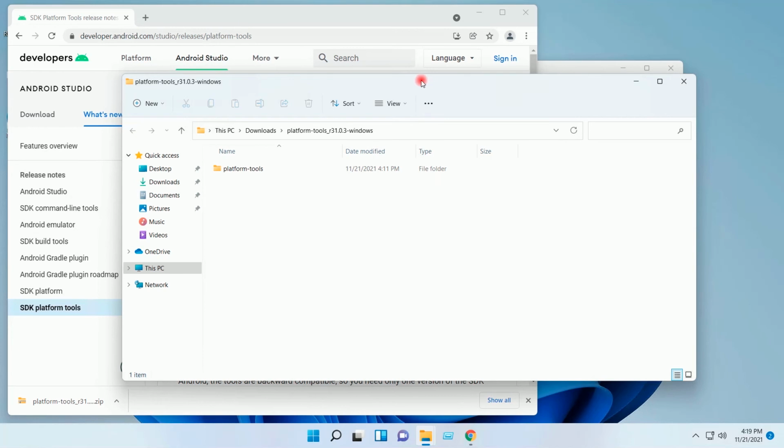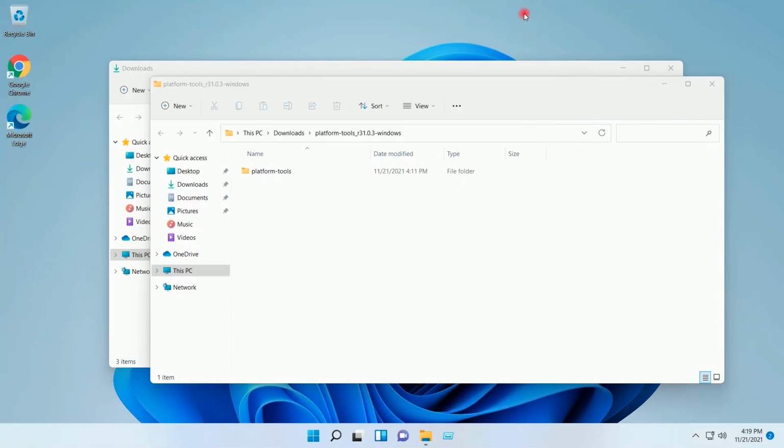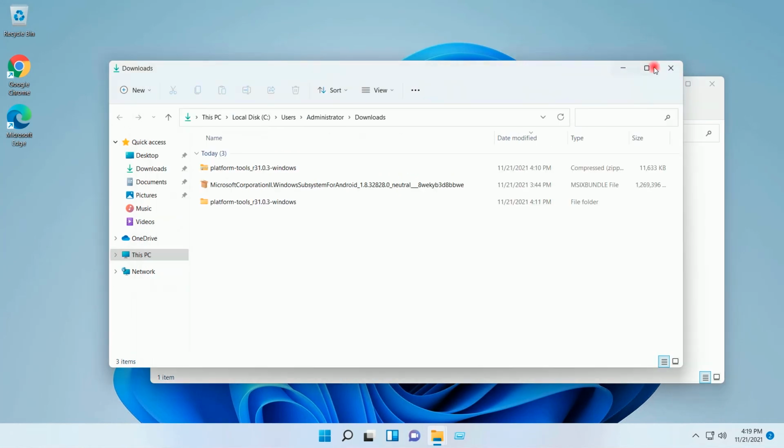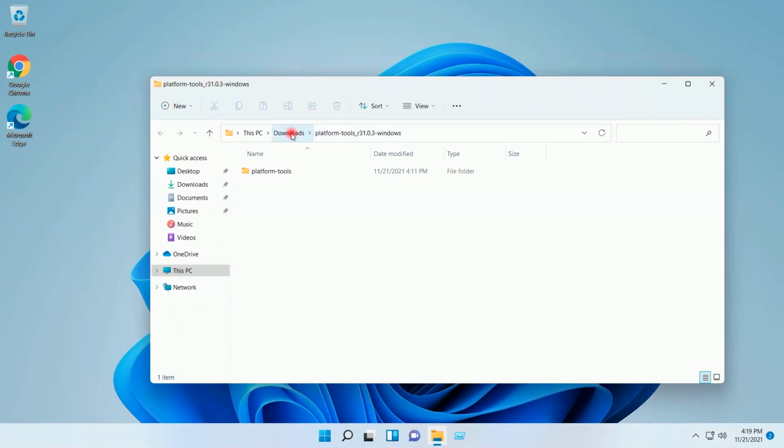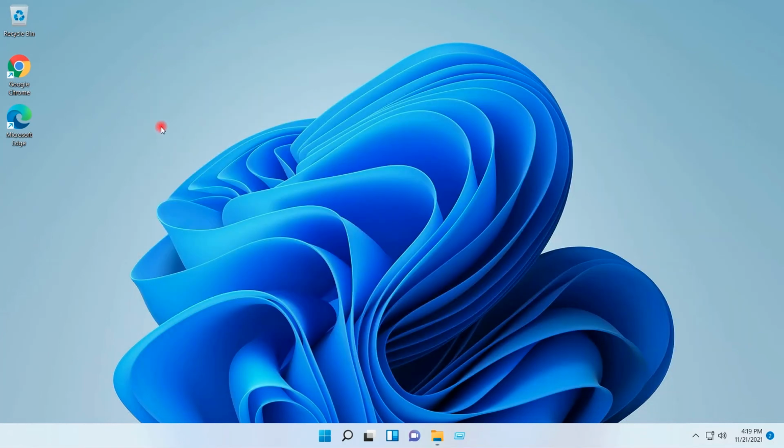Extract completed. I will cut the extracted folder and paste it on the desktop.